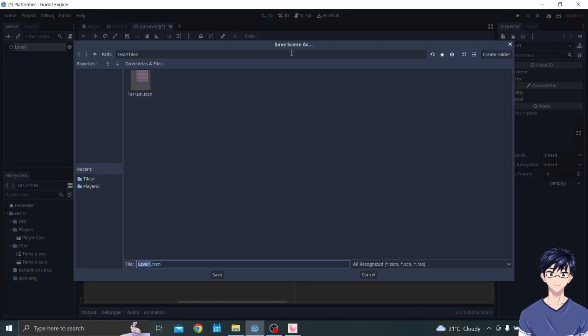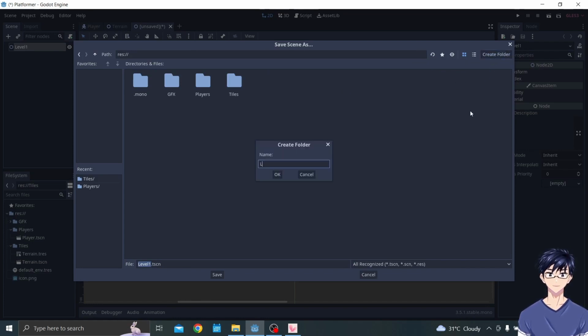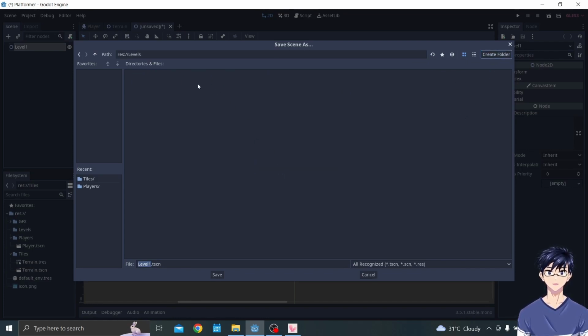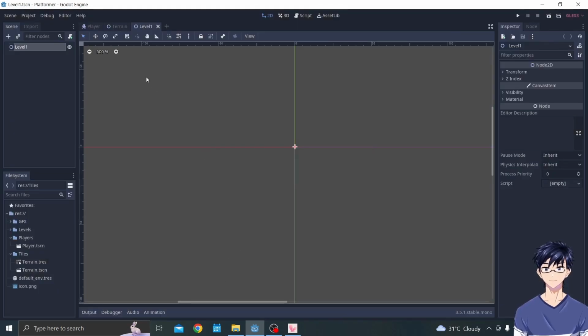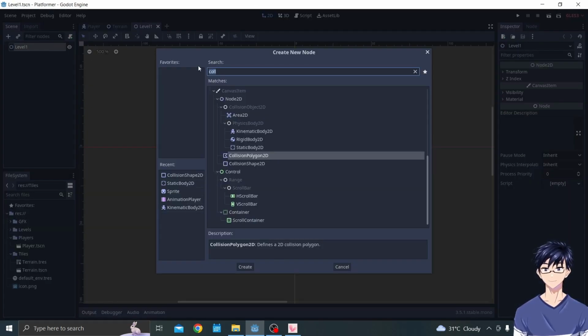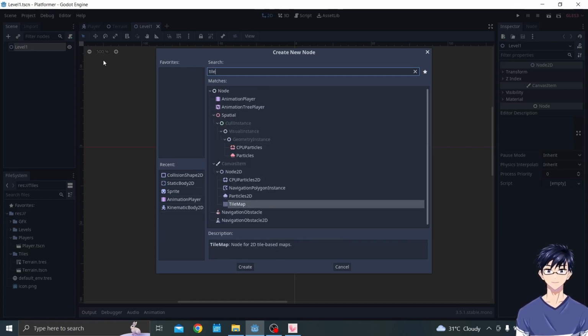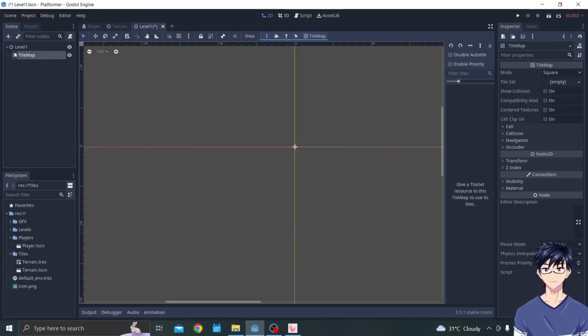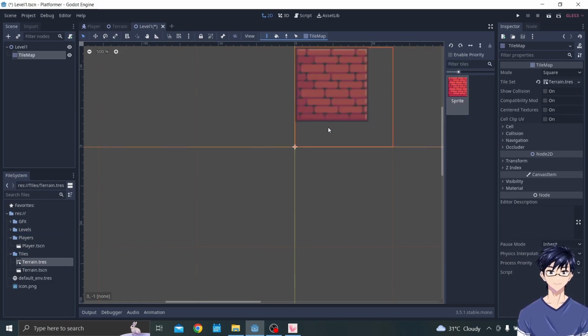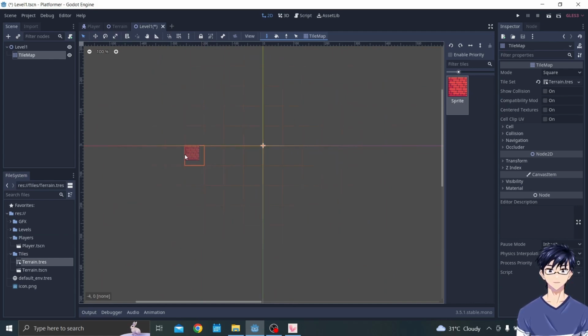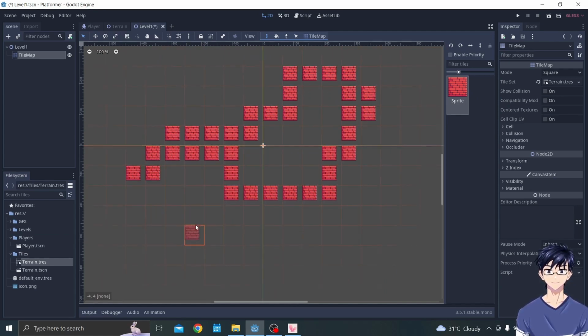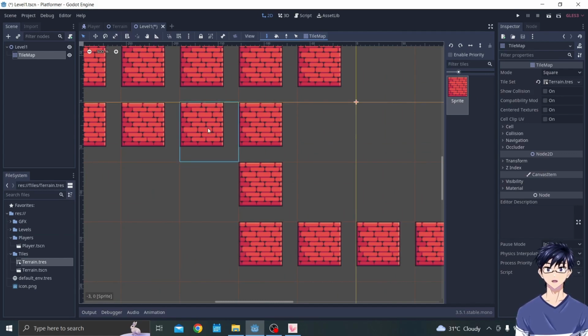Ctrl S, back, create folder, levels. Okay, level 1. Alright, then we add a new node in here, type Tilemap, create. Then after that, we drag and drop this terrain.tres into this tileset. Okay, so we could see in here we can draw our terrain here, but we still need to adjust this